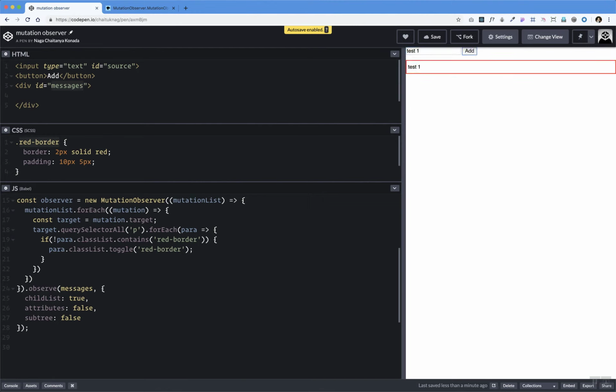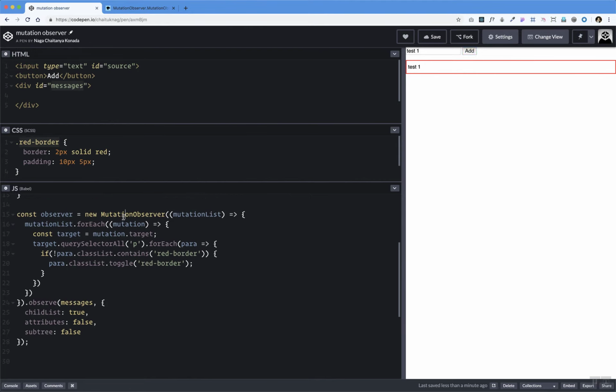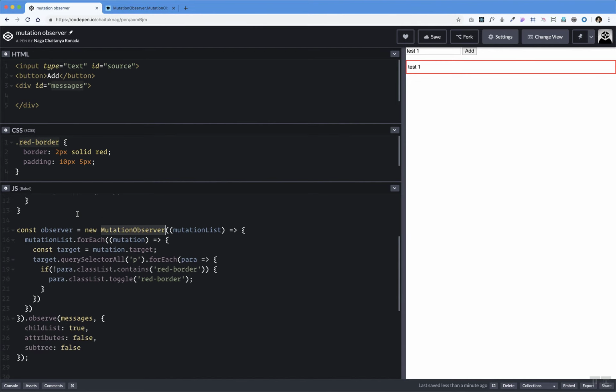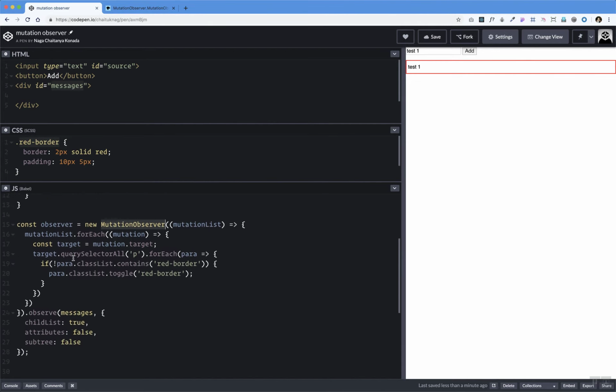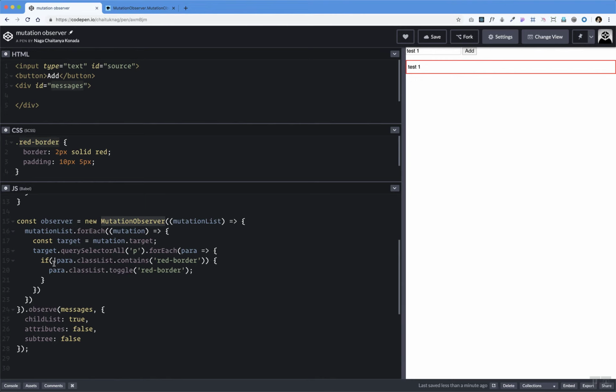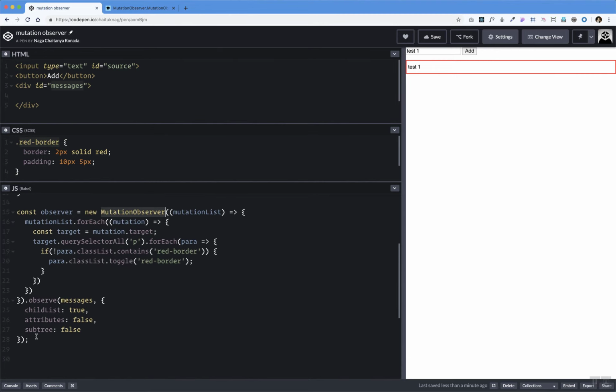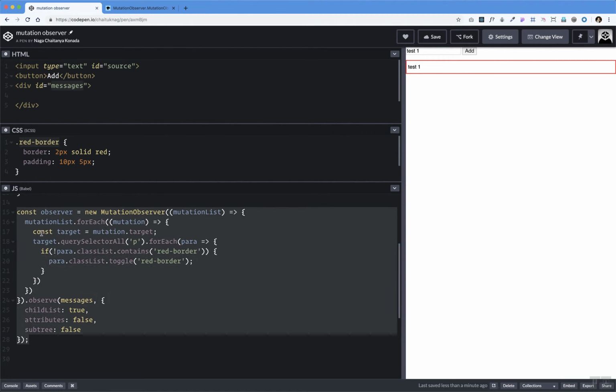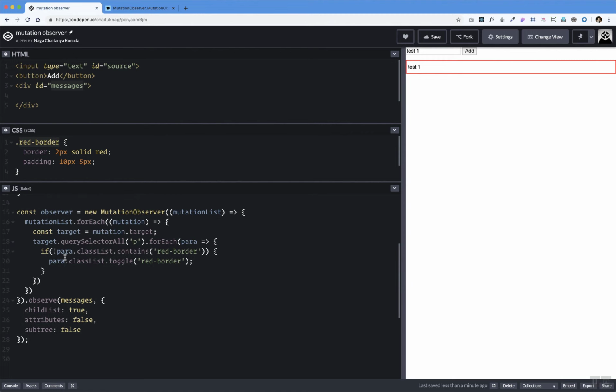So I'm going to say test 1. Now you can see that the border is automatically added because the mutation observer now observes the changes to this particular div, and as soon as the paragraph is added by the button click, it comes here, checks that the paragraph that is added to the div does not have a red border, and it adds that red border class there. This is how the mutation observer is useful in situations where you don't have access to affect the API that is going on in the browser or in the web page,